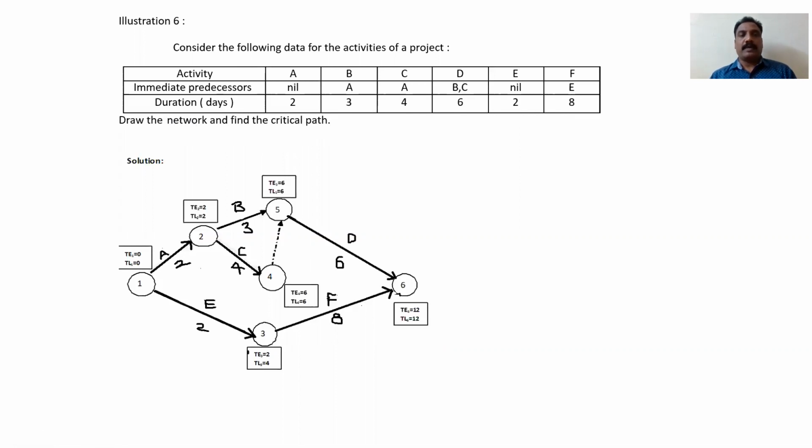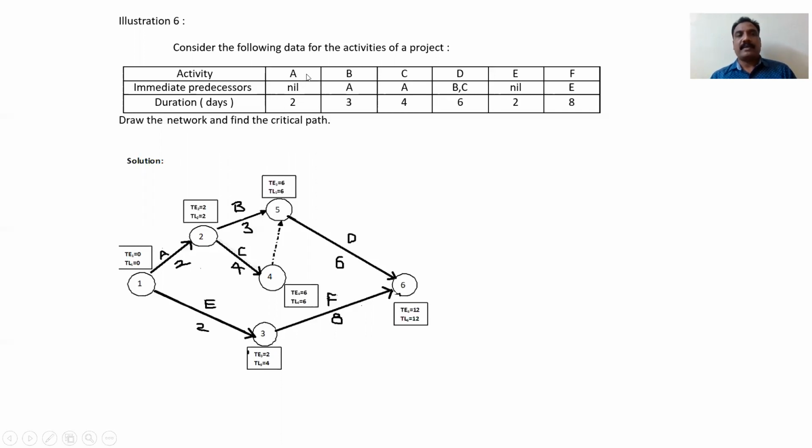So now we apply here the CPM method, critical path method. First we should draw the network diagram. First you should draw the rough network diagram, then you make it fair, and then you find the critical path. How to find the critical path? I'll show you. First, you draw the network diagram based on this information.